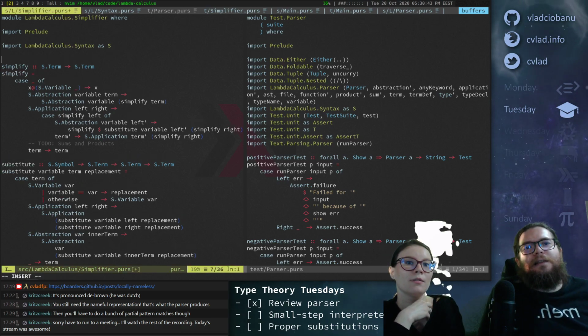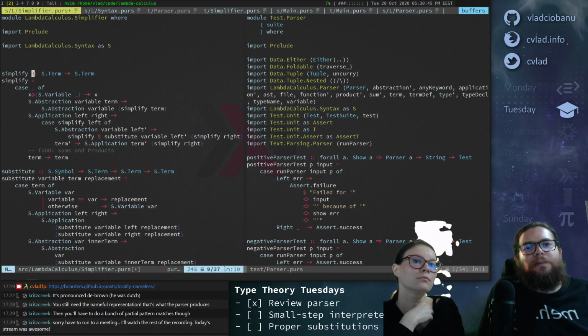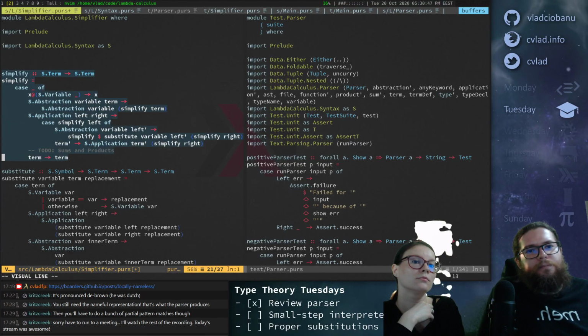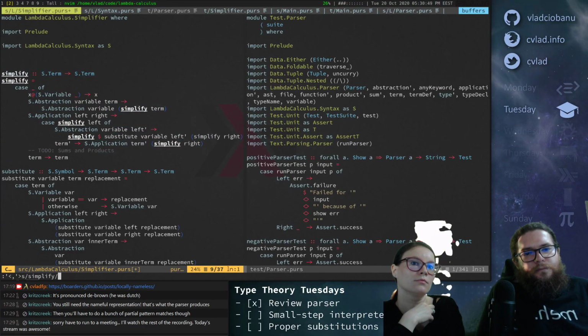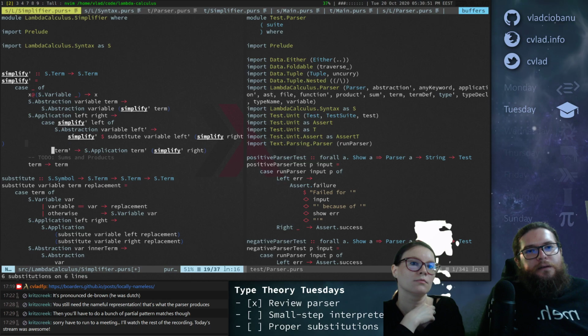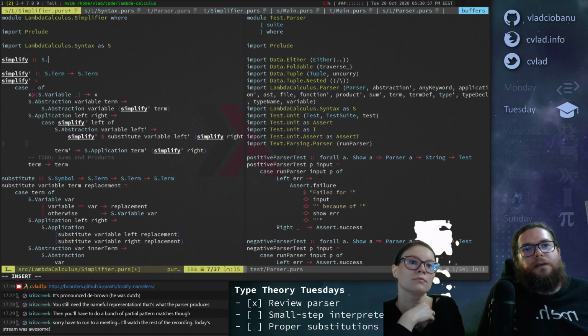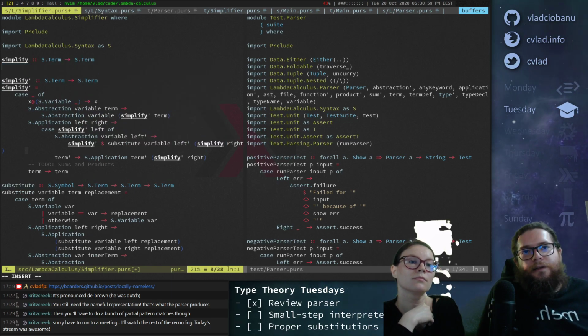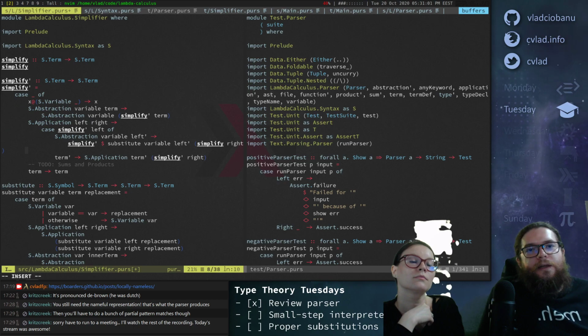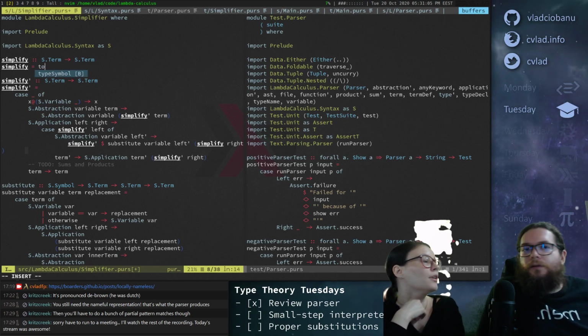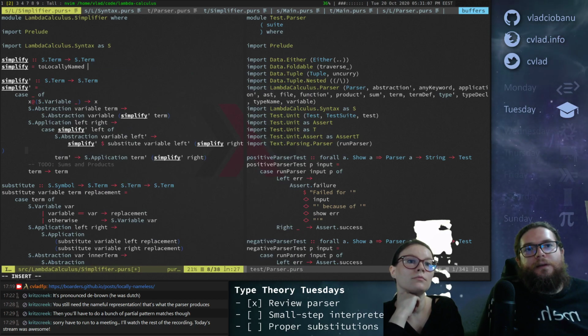So we'll rename simplify to simplify prime, and just do a simplify like this, right? And then we can say simplify is to locally named term, right?